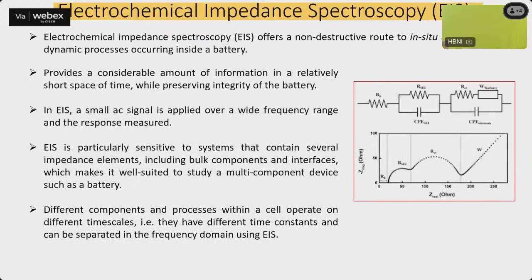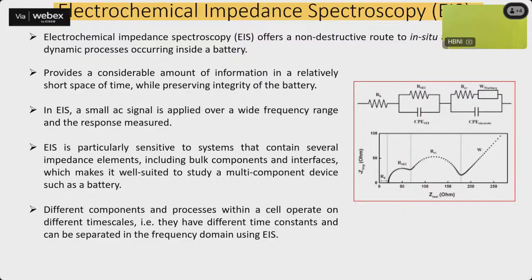So coming to electrochemical impedance spectroscopy. Please understand that electrochemical impedance spectroscopy is a non-destructive technique, and it is basically an in situ analysis of the dynamic processes occurring inside the battery or inside the cell. When you are charging and discharging a battery, quite a few dynamic processes are occurring. EIS is a technique by which you can find out what these different dynamic processes are inside that particular coin cell, and a pack of these coin cells we call a battery. So it provides a considerable amount of information in a relatively short space of time, and